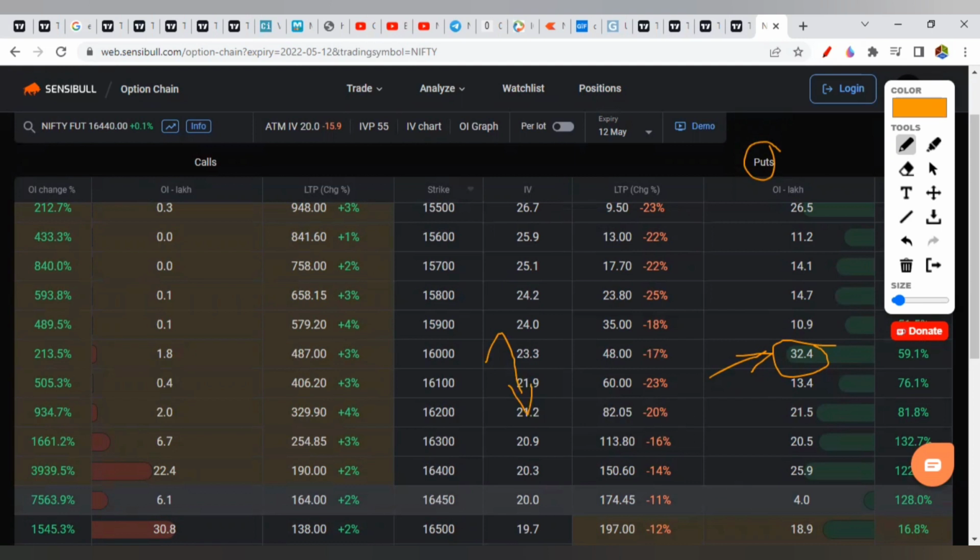So there are 3 days to go, 1, 2, 3, right? On the 12th there will be expiry. So hope it breaks before that and sustains below that, and doesn't come back up above 16,000, and then in the next couple of days it will consolidate and drop. So if on expiry day it is trading below this, then it will bounce back, consolidating. If it is too deep below, let's say 15,800, then we should not assume that it is going to